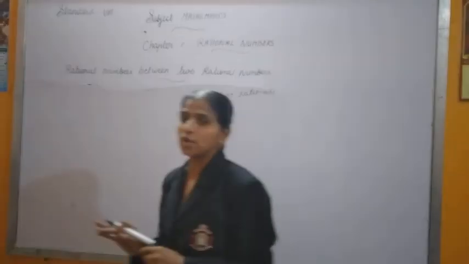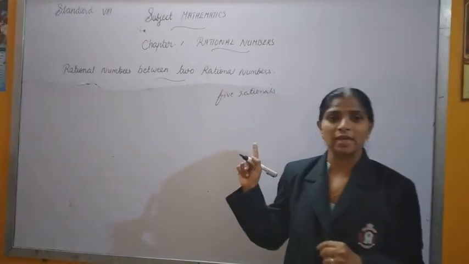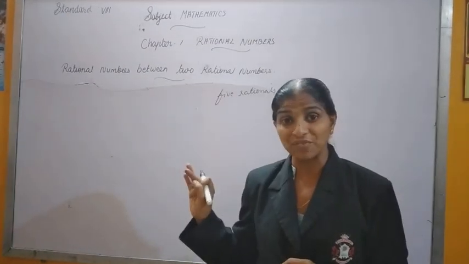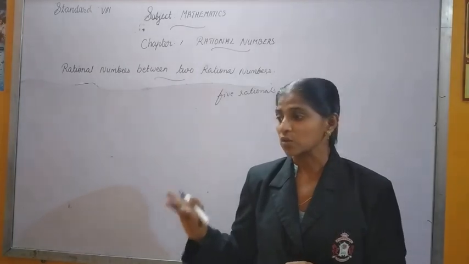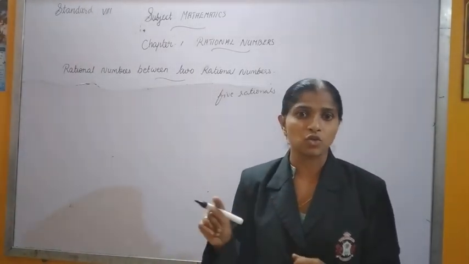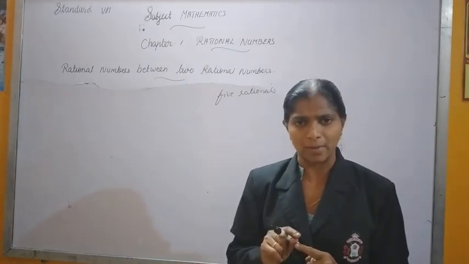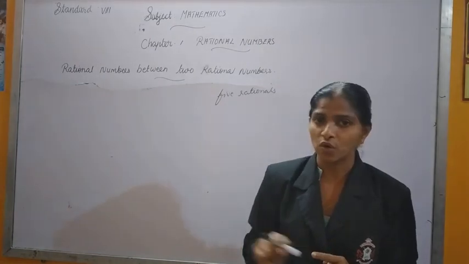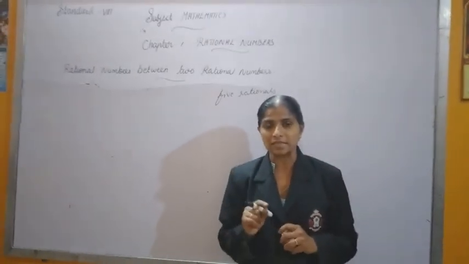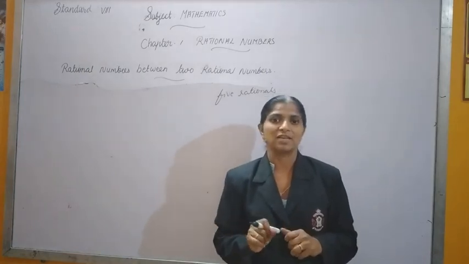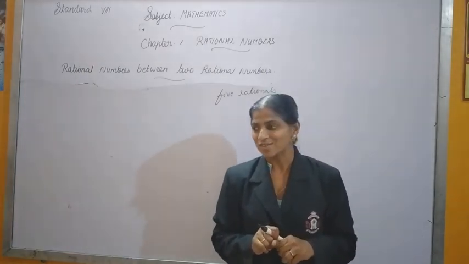So, just do the examples given in the textbook. Look at the examples and write them neatly in your notebook. Also, we studied the representation of rational numbers on the number line. I show you different rational numbers. So those rational numbers you should write in your notebook. While drawing the number line, you should use a pencil and scale. Don't draw with a pen. Use a pencil and scale for drawing the number line and try to make equal divisions. So let's look nice. Thank you.